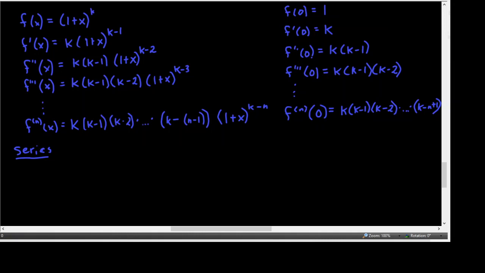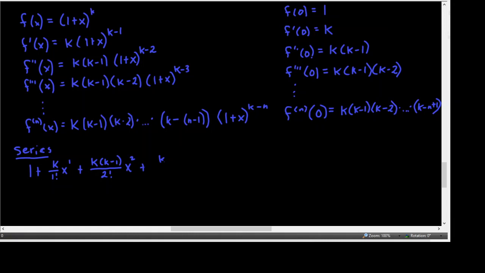So that would give us just 1. Plus f prime of 0, which is k, over 1 factorial, times x minus 0 to the first. Remember, it's Maclaurin, so we're subtracting 0 from x. Okay? Plus, then we'd have k times k minus 1 over 2 factorial x squared